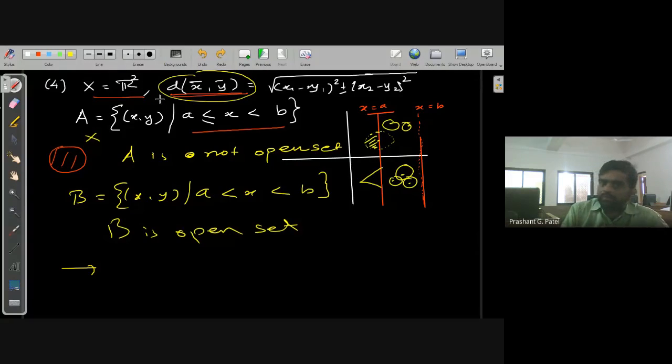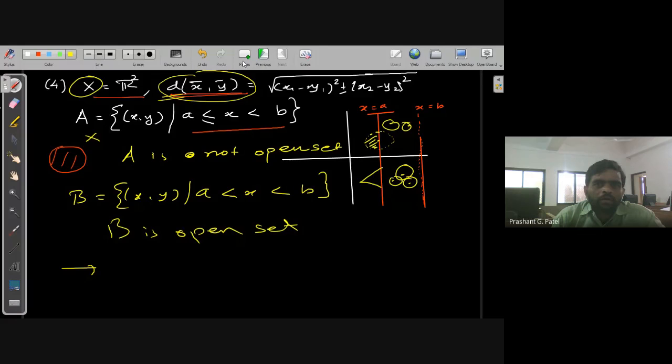These questions are not included in this theory, but you can try to find the relation with open spheres. Can you have an open set which is open in this metric space but not in a different metric space, when the space X is the same and you are just changing the metric?